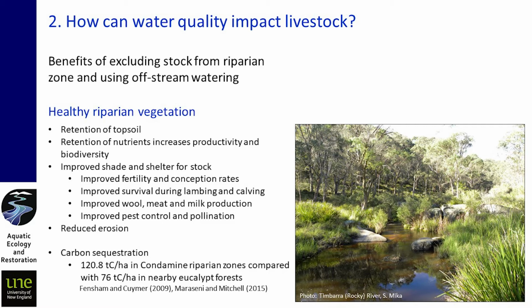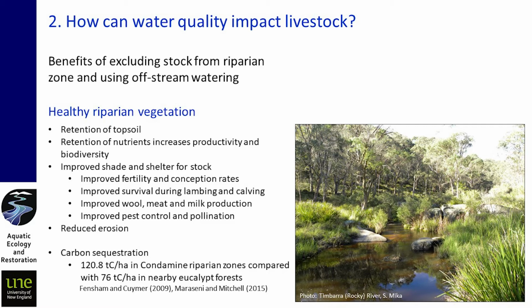And because you've got that root mat and you've got that roughness on the landscape, as we said, it's slowing the water down and it's holding the soils together. It's increasing the organic matter and holding those soils together, and so we see less erosion, which means less of those topsoils going down into the water column, where it creates issues for our native fauna and flora.